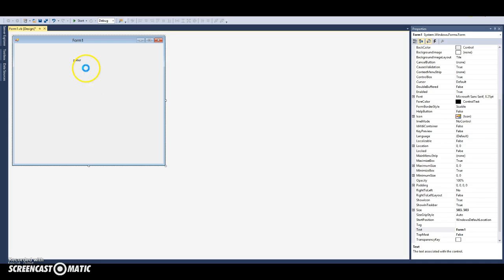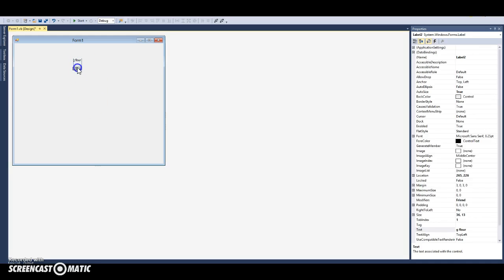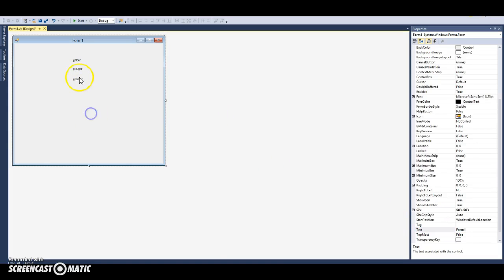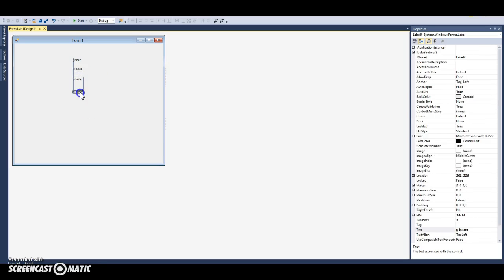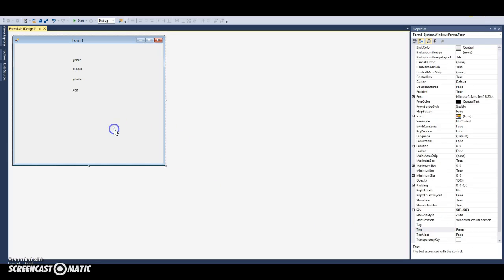Save a bit of time by copying and pasting here. You're definitely going to need sugar. You're definitely going to need butter. And I think probably you need an egg, and then